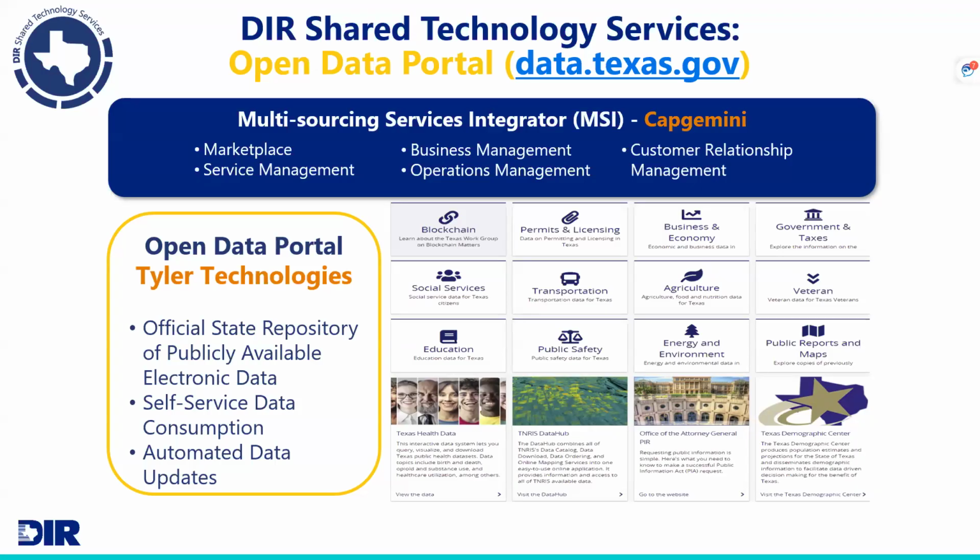When the Department of Agriculture started posting electronic data out here, they let us know that their public information requests dropped by 60% because that data is now available to the general public. So it's a good tool, and I'm going to give you a quick demo on this. In your PDF version of the slides that I sent to everybody, by the way, this link is live. So I'm going to try to do a little demo for you on that today as well.